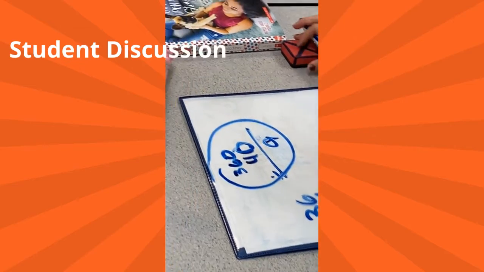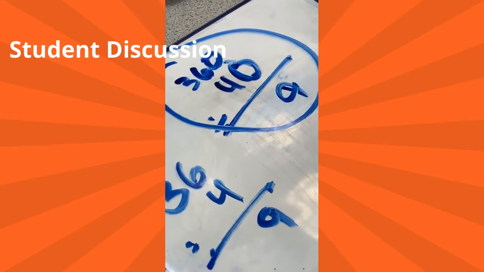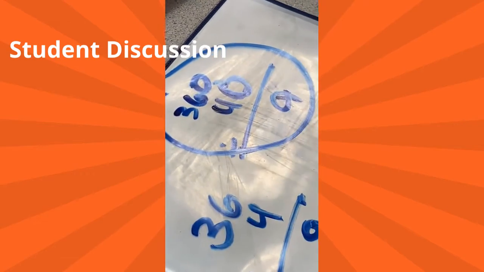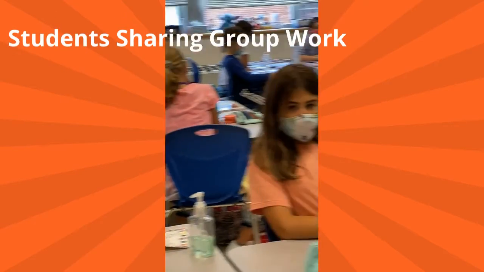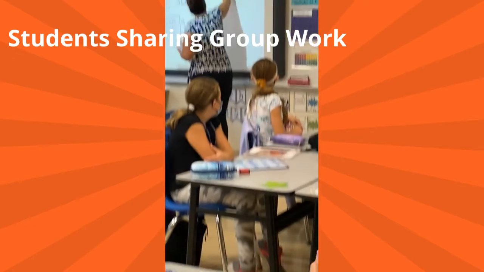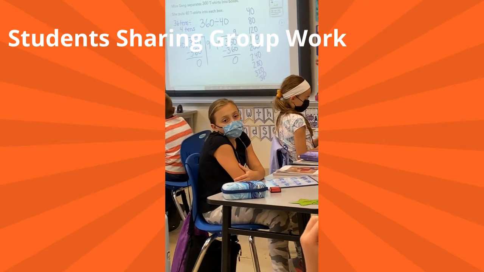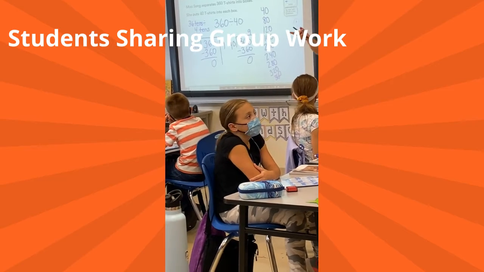Yeah, so it's almost like the same as 36 divided by 4. It's just adding a 0. Because if you do 4 times 9 is 36, then 40 times blank equals 360. I'm going to write that up here. I love that. Yeah, and then Albert made a good point that it's kind of like powers of 10, that if you take away the zeros, then you can do 4 times blank equals 36. So kind of along the same lines as Nora.